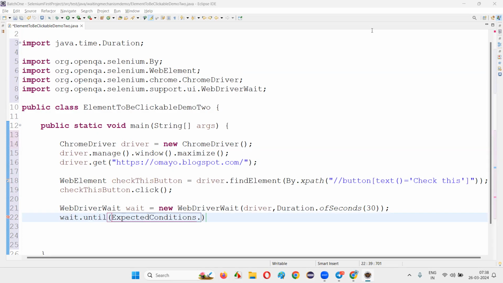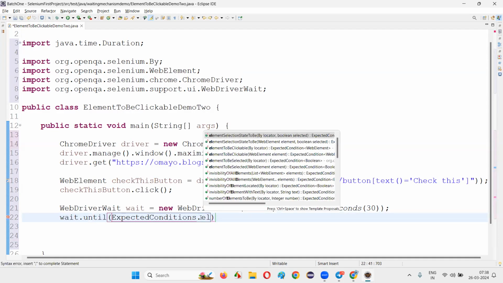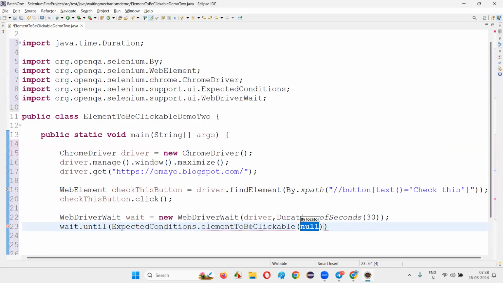Which command do I have to use? ExpectedConditions dot elementToBeClickable, right? Element to be clickable by locator. This is the command, and inside it the By locator should be there. There may be similar commands, but make sure the By locator is inside the circular brackets. If you use the wrong form, where the By locator is not inside circular brackets, you will